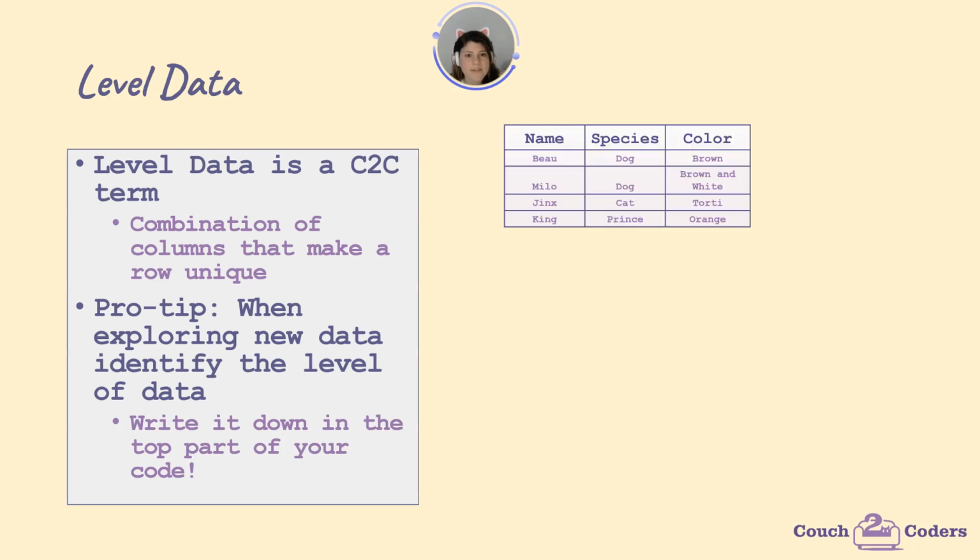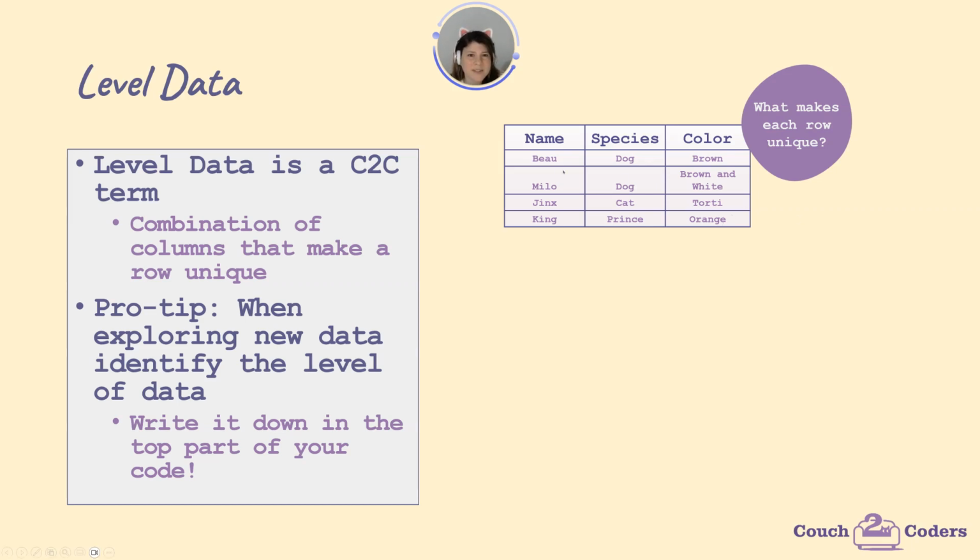So here's an example of a little baby toy set, and we have 3 columns: name, species, and color. If I were to look at this data, and let's assume that we have even more data on this, this is our vet data that we've been working on. Are there any combinations of these columns that I could guarantee would make each row unique, even if someone new came in with a new pet? The answer is probably not,